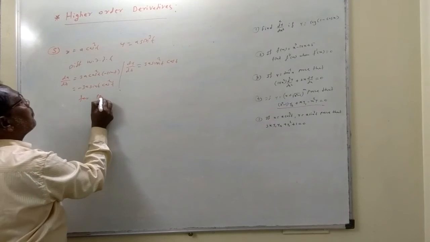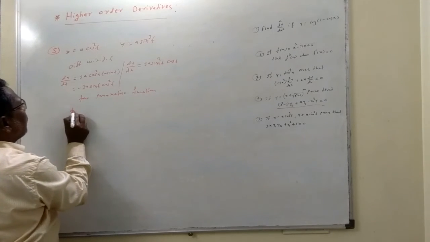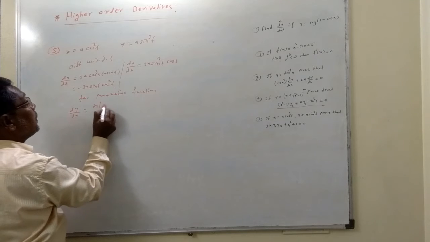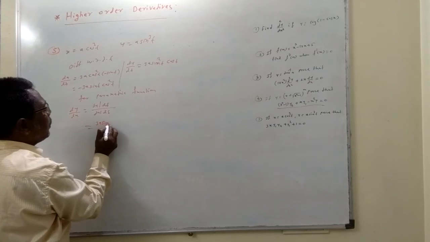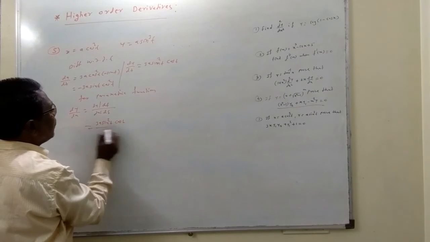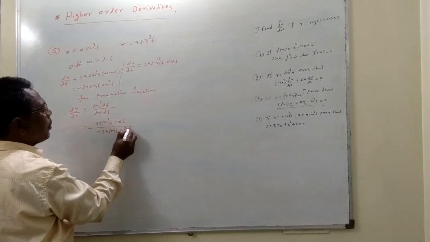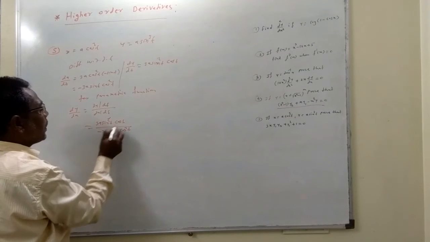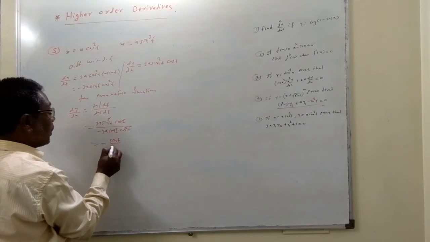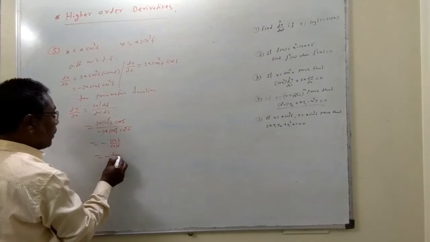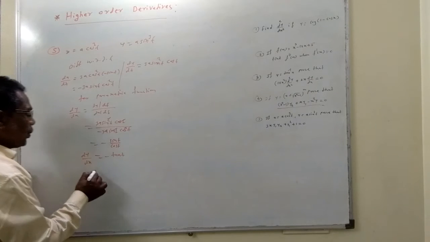For a parametric function, dy by dx is equal to dy by dt divided by dx by dt. So that is equal to 3a sin square t into cos t divided by minus 3a sin t and cos square t. Now this sin gets cancelled, 3 gets cancelled, cos square. So minus sin upon cos, remaining term sin upon cos t. So minus tan t. Now you want to find second derivative, so we will differentiate.